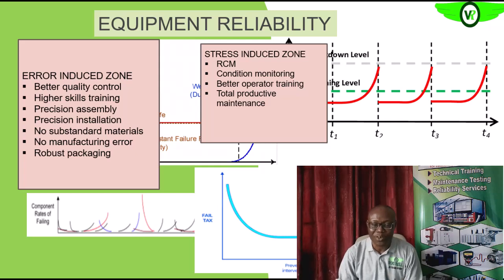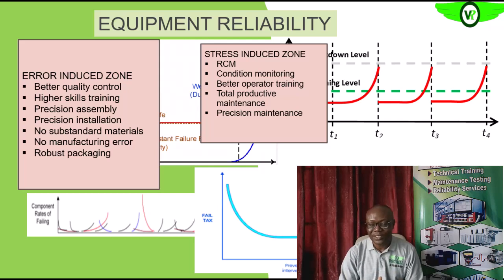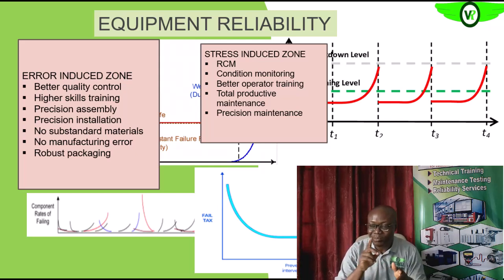So everyone needs to do precision maintenance like laser alignment and what have you, to ensure that those tolerance levels that have been defined, be it vibration, alignment, or clearances, any tolerance level that has been defined, we want to precisely meet in all of your facilities